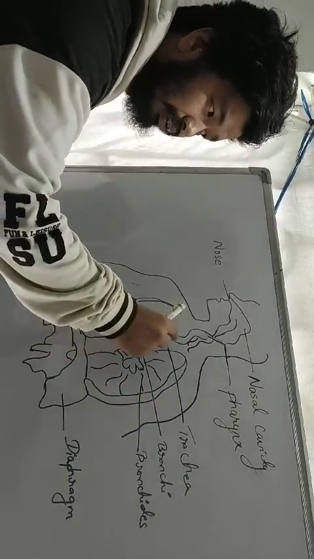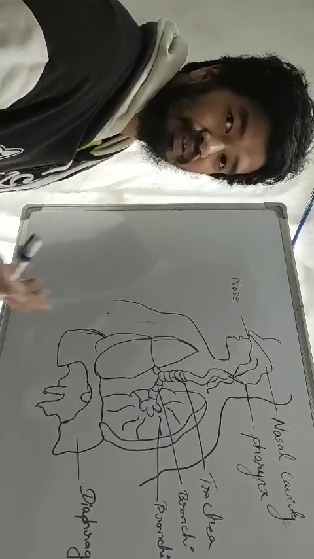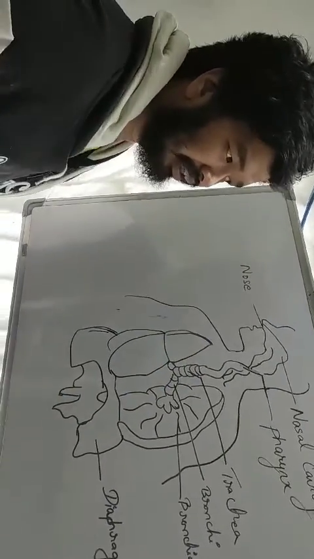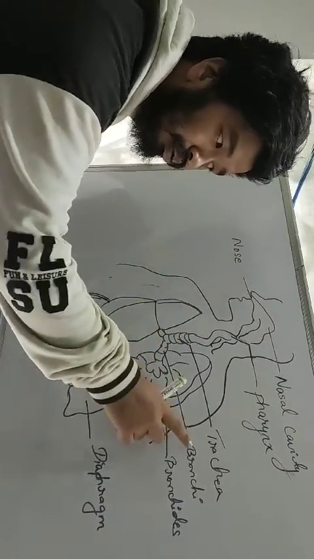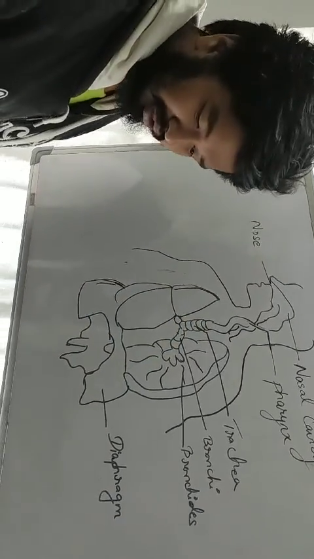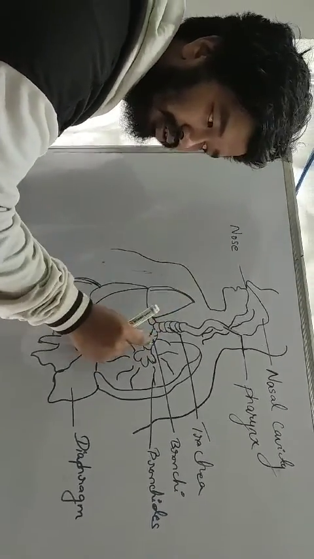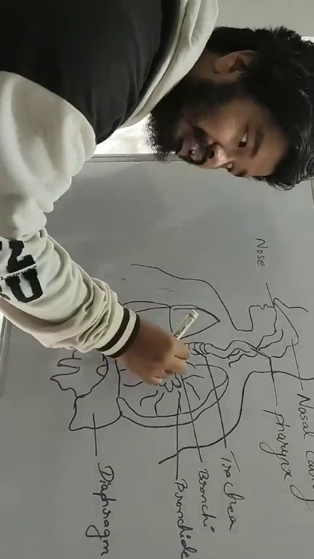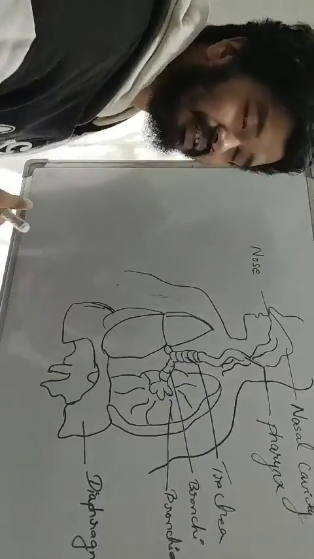In the trachea, the upper area is also known as your voice box, through which you are able to speak. This trachea is also part of the windpipe. After that, it moves to the area known as your bronchi. The lobe-like thing which you can see out here is known as your bronchi. The bronchi are divided into two parts, as you can see out here: one for the left lung and one for the right lung. Together they are known as bronchus, and individually they are known as bronchi.